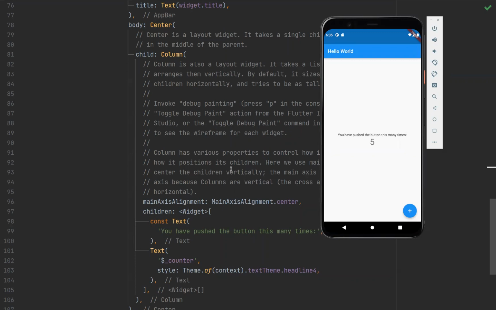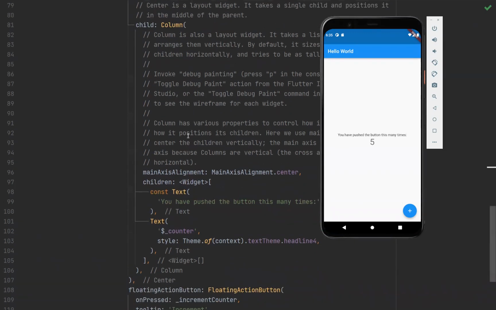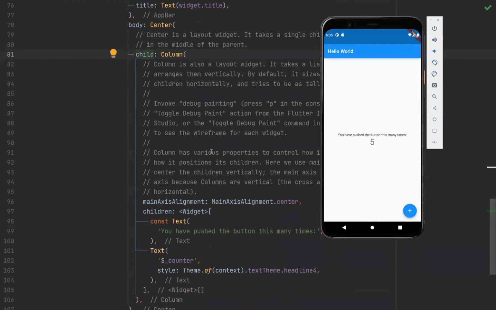So instead of using, I guess, the style of XML where you say layout gravity equals center, or have equal space on the side, whatever you want to do, as you do with most markup languages, I just wrap everything I want into center, and I say, hey, everything I want to put in the middle is its child. And same thing, column. It's the same thing as a vertical linear layout. And here, to center everything in a column,